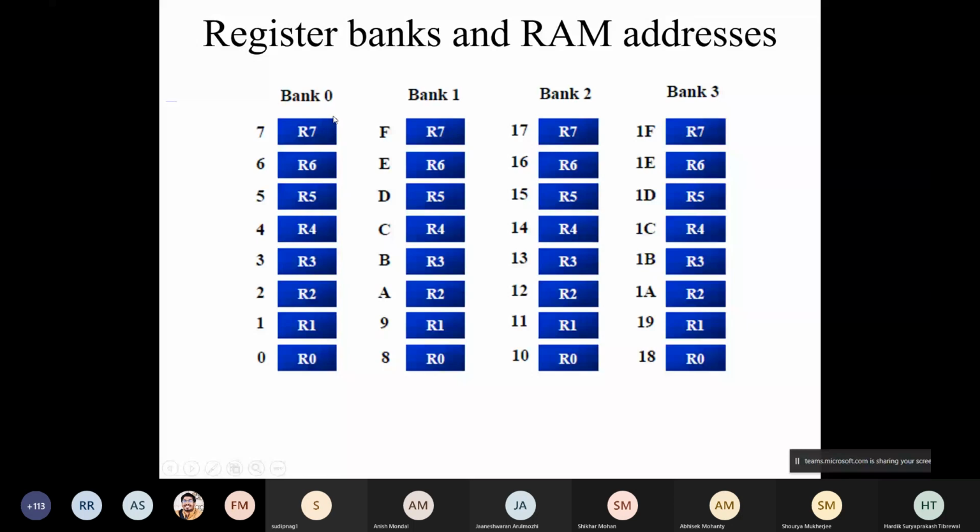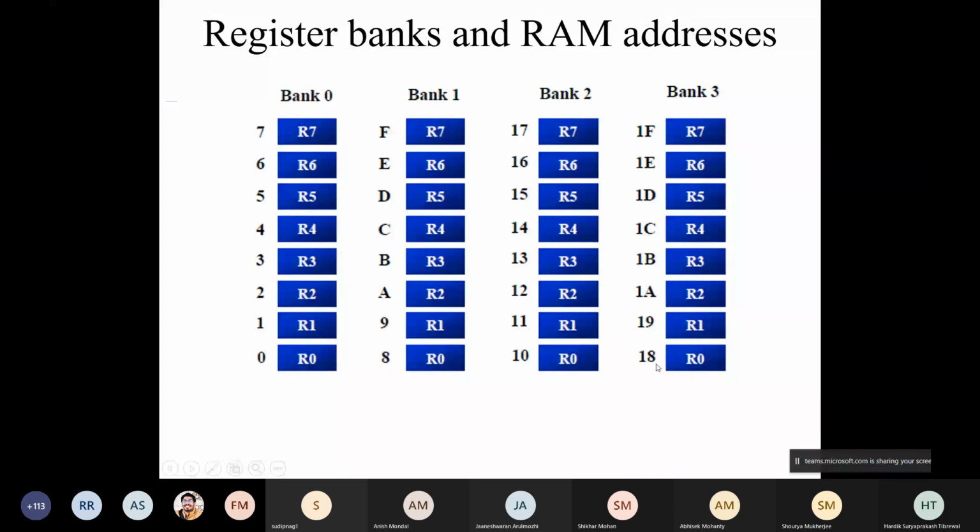Like R0 in bank 0 is located at 00 hex address, whereas R0 in bank 1 is 08 hex. And you can see for the other 2 R0s, 10 and 18. These 10 and 18 are not in decimal, these are all in hexadecimal. So it is 10 hex, not ten. That is important. You have to preferably write the number system after this, like 00h or 0x00. So there are 2 ways of writing hexadecimal numbers. The hexadecimal addressing is given over here. Obviously, these are all binary, and you can directly convert to binary.